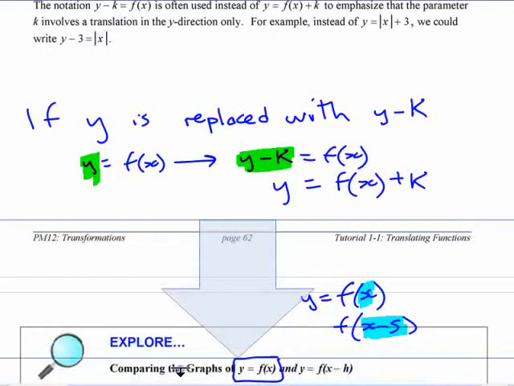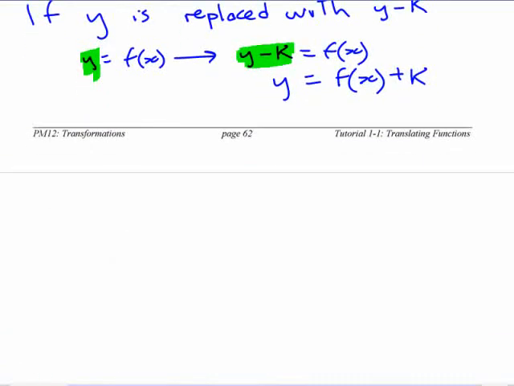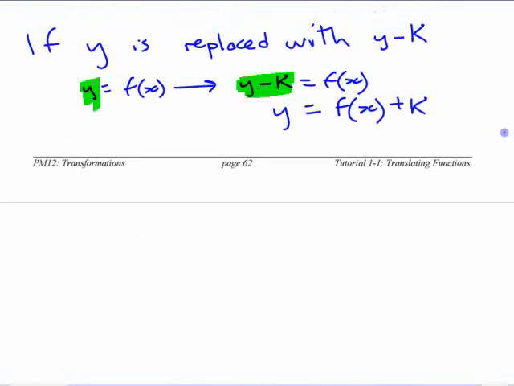This is doing something you did last year, but looking at it in a slightly different way. If you make that change, y to y minus k, what happens? What happens to that? What happens to this graph? How is that going to be different? I can't tell by your silence if you're not understanding or